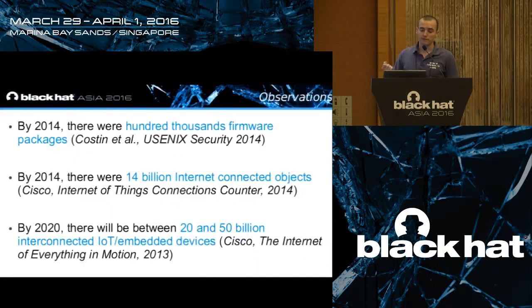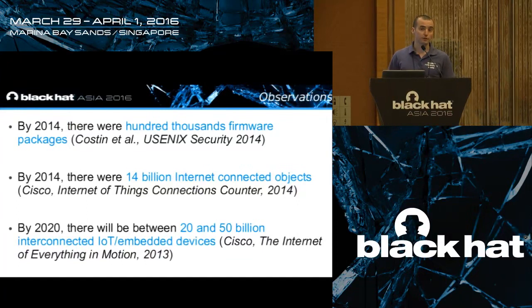The idea is that in our previous study at Usenix Security 2014, we went on the internet and downloaded hundreds of thousands of firmware images. So we know that there are hundreds of thousands of various versions and various devices and various vendors' firmwares. And it's a lot of data to process and analyze, hundreds of thousands of firmwares, right? We also know by